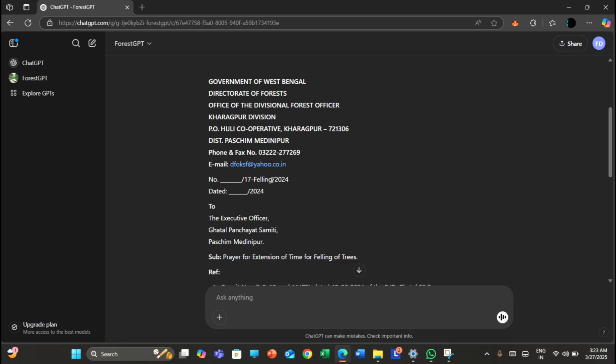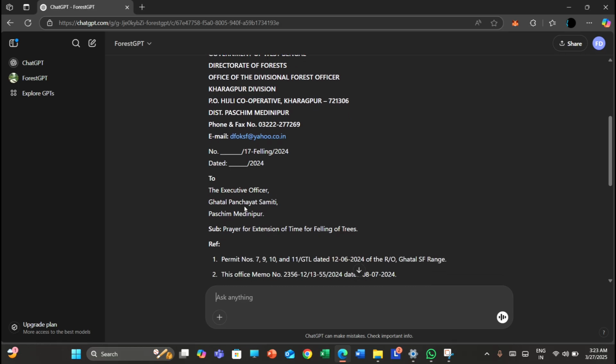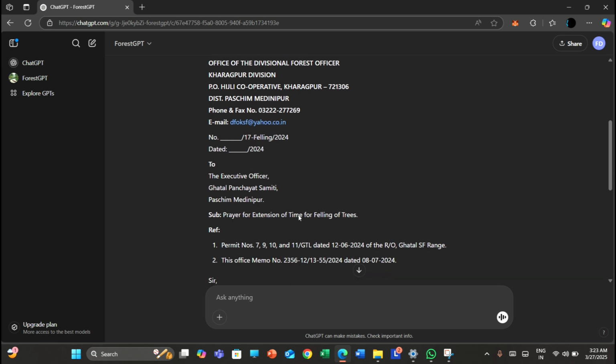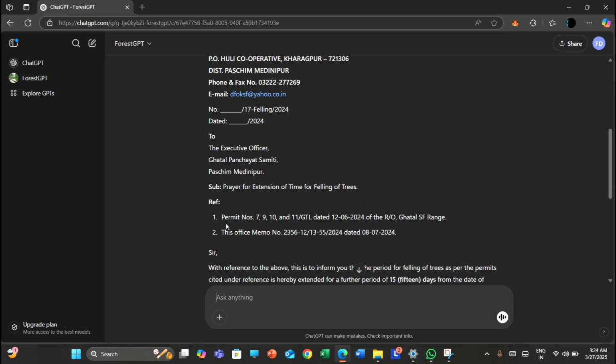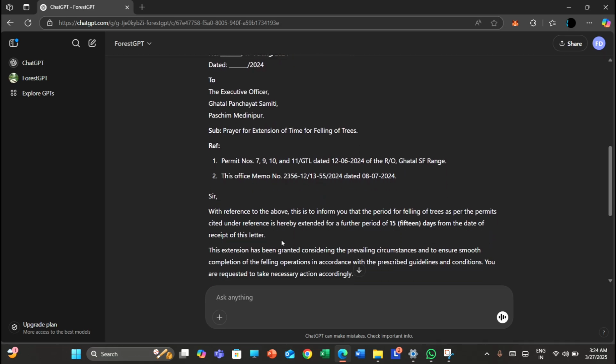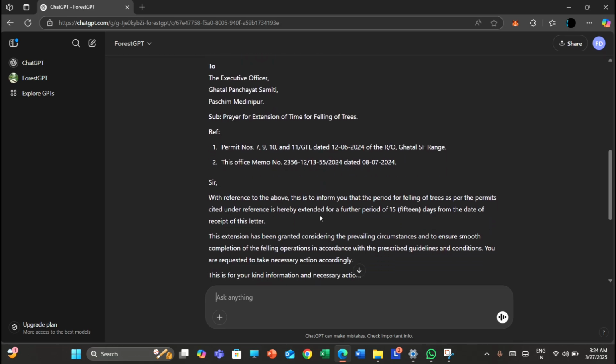Here is the number, file numbers, dated, to the Executive Officer, Ghatal Panchayat Samiti, Paschim Mednipur. Subject: prayer for extension of time for felling of trees. Under reference, as I have given the reference, accordingly it has given over here. Now sir, with reference to the above, this is to mention to you that the period for felling of trees as per the permit cited under reference is hereby extended for a further period of 15 days from the date of